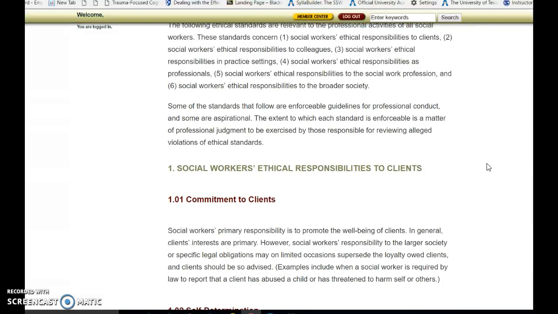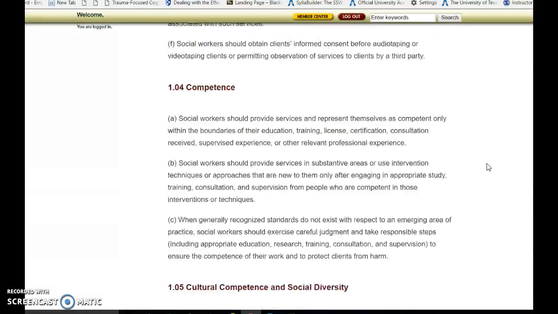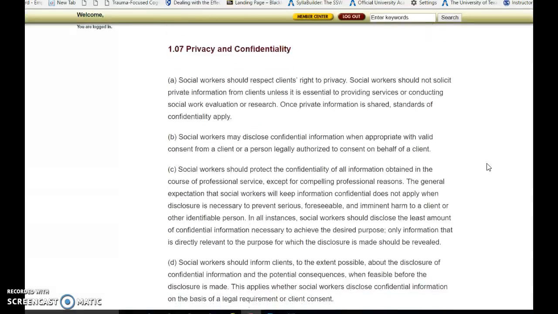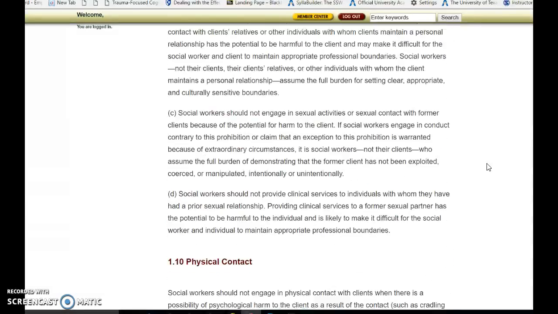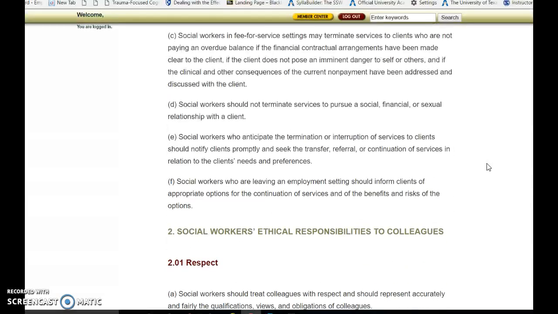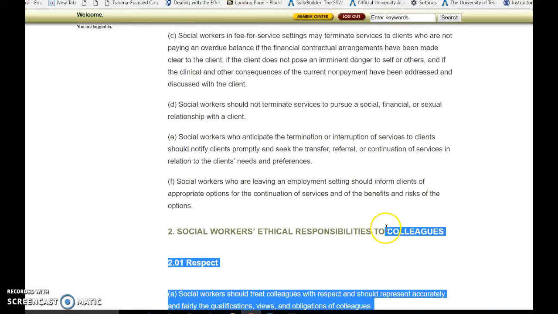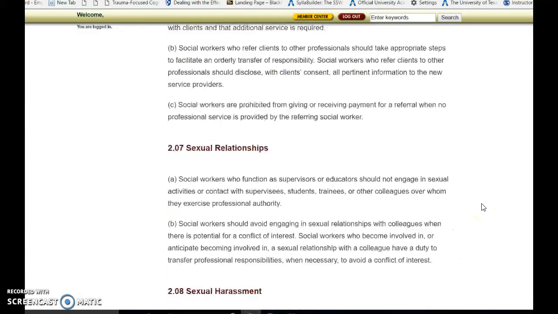Social workers also have a responsibility to clients. And then I'm going to scroll on down so you can see this. There's a lot of responsibility to clients. And we have a responsibility to our colleagues. If you'll look right there, colleagues. And then we also have a responsibility